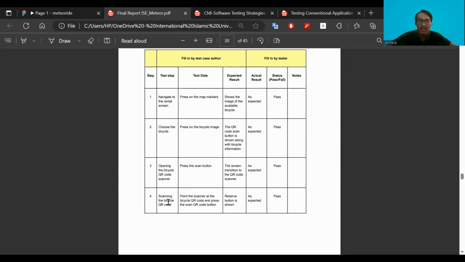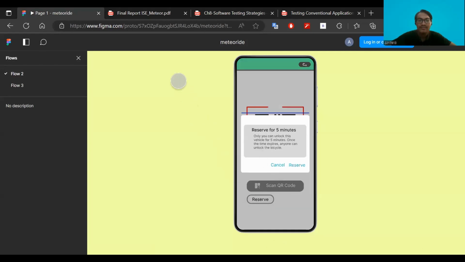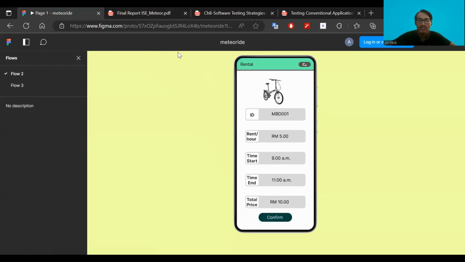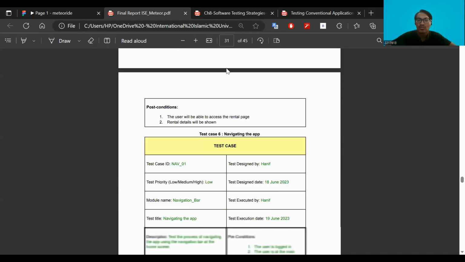So we just scan the bicycle QR code, and then the reserve button should be shown. So we can click reserve to reserve the bicycle. The post conditions are the user will be able to access the rental page, and the rental details will be shown.